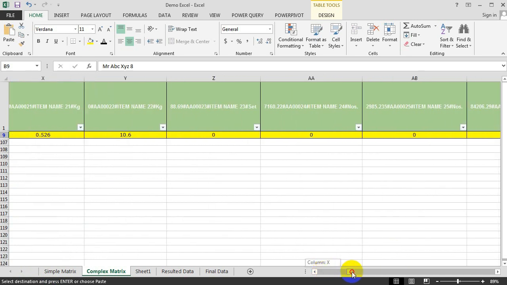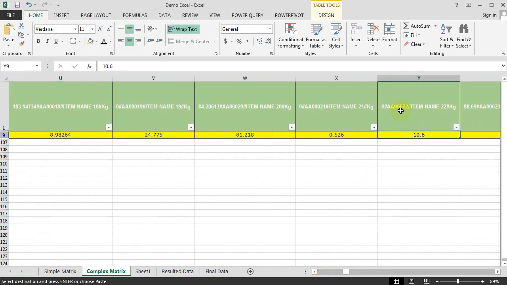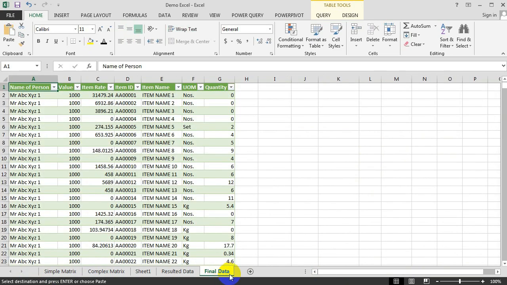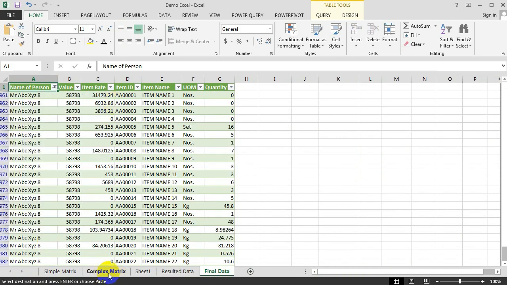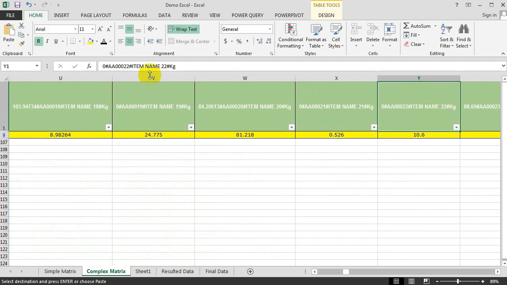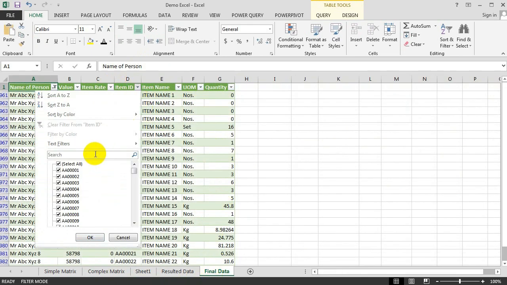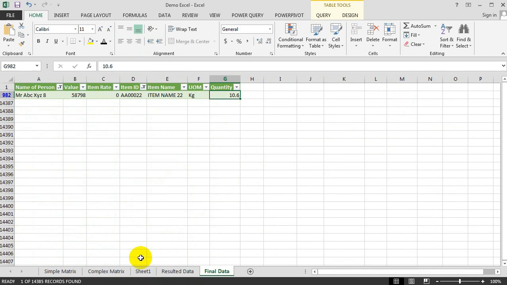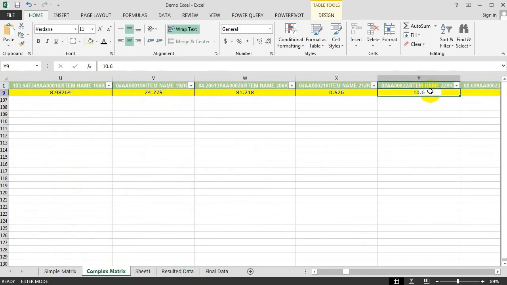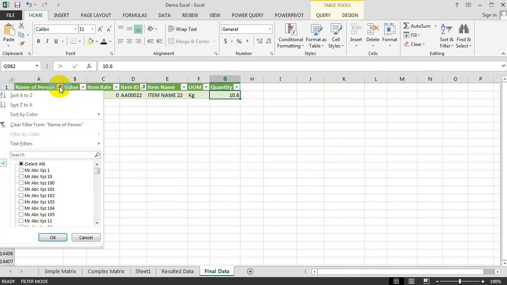And the item name is, and this is the item. First I go there, select the person name, and check what the item name is. I get the item ID, and the item ID. It is a quantity of 10.6, and it is a quantity of 10.6. So our data is ready and it is verified.